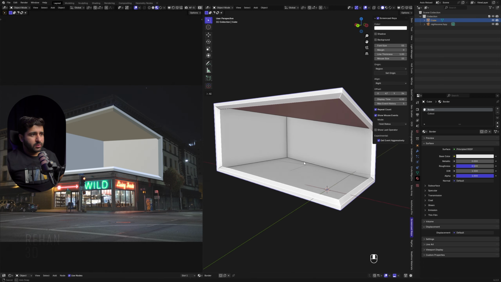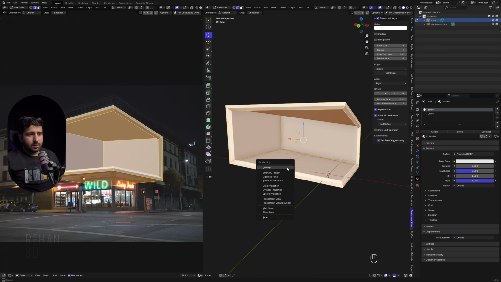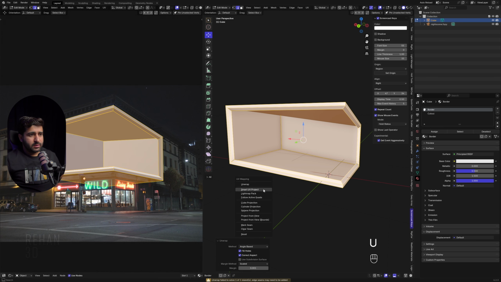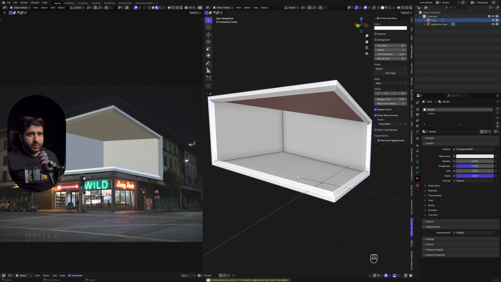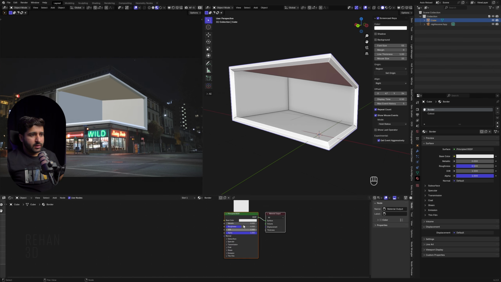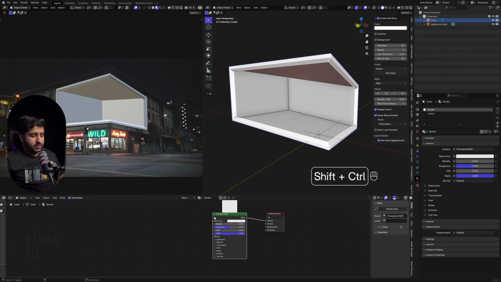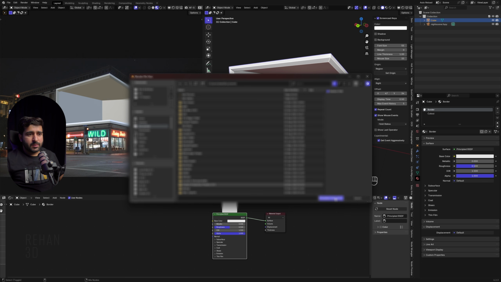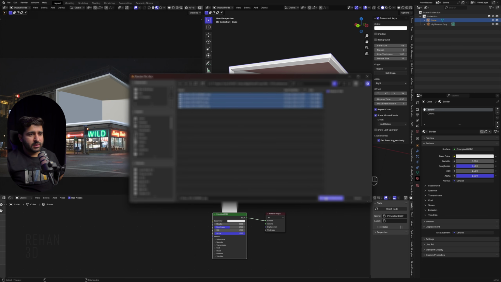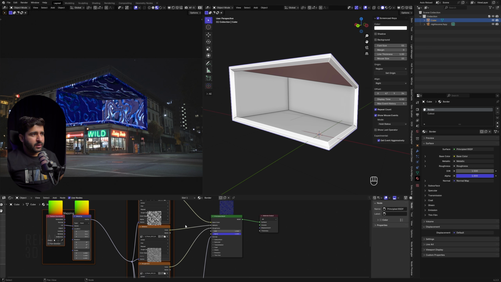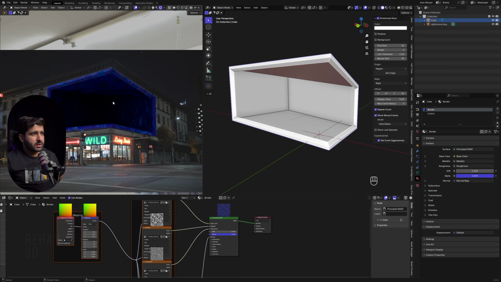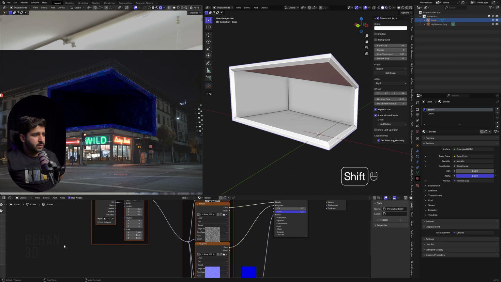Okay, so now if we just press U, unwrap it all, or let's do smart UV project. Okay, and if we add our materials on this, I will select the principled node, Control Shift T to add the principled textures. Now I will simply go into the directory of my textures, select all these textures and import principled textures. And we have set up our textures, and if we create a new node value, and